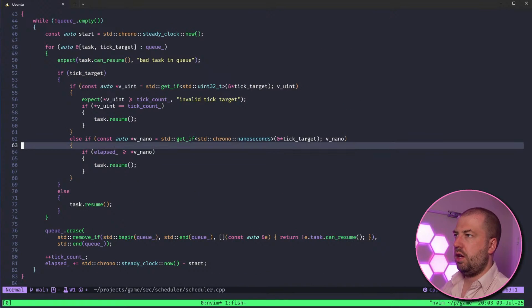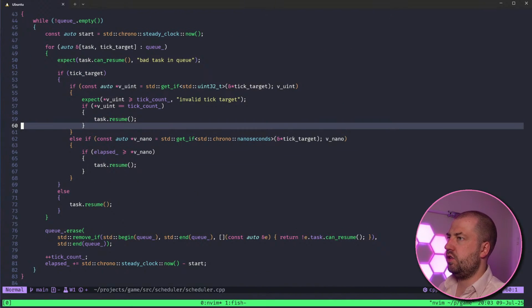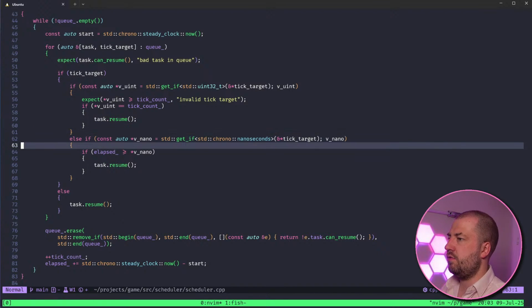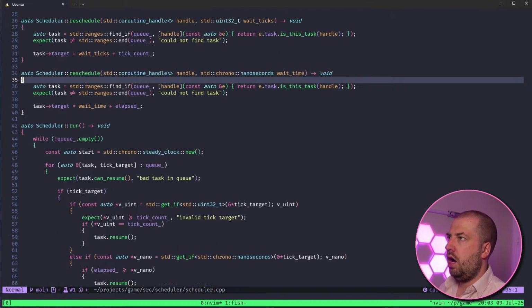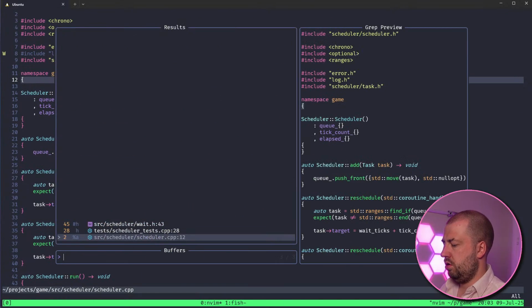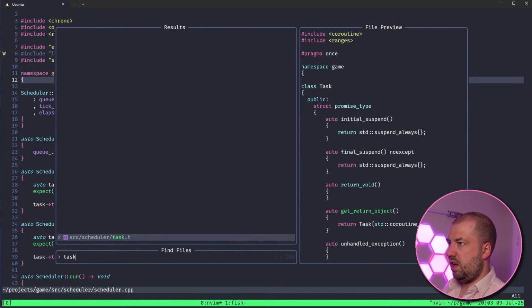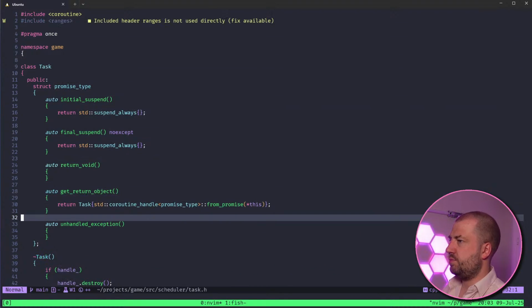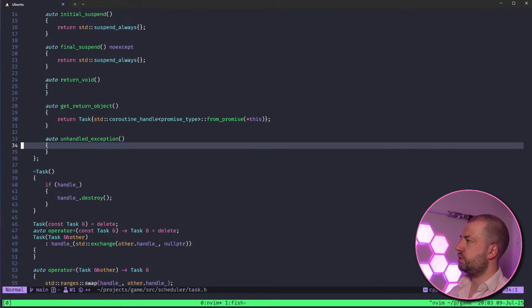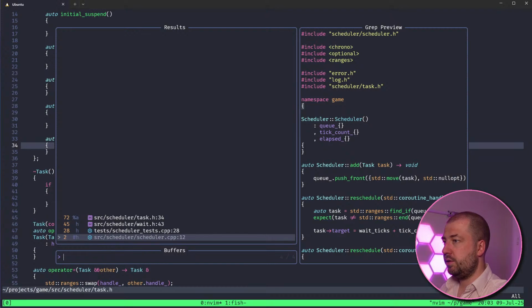One, I don't like all this variant nonsense. We're going to get rid of that, hopefully. Two, we need to handle exceptions and write some tests for that, because at the moment it's like, don't worry about it, just don't throw, which is not how we do things around here.